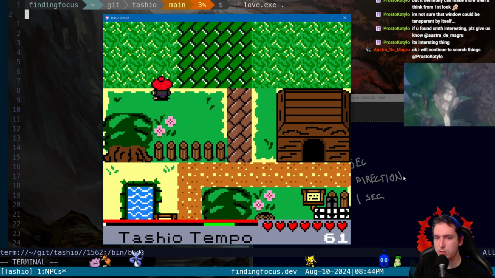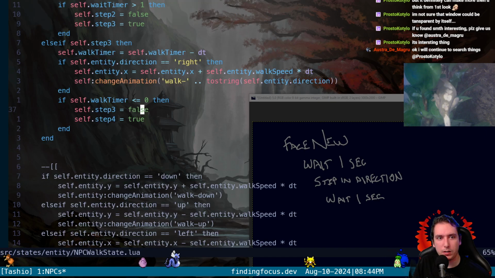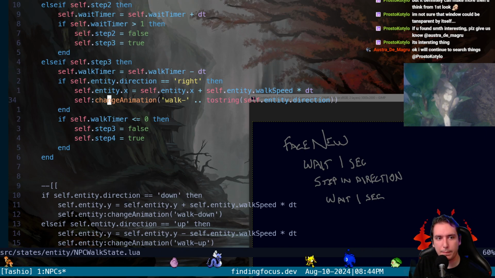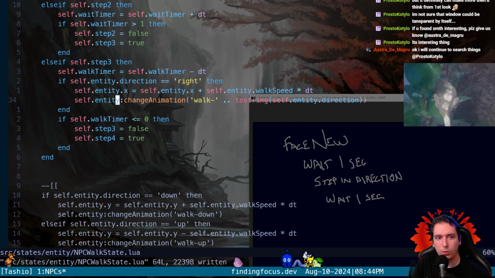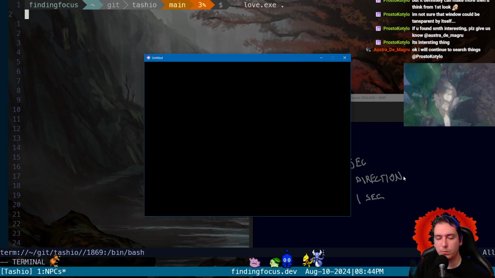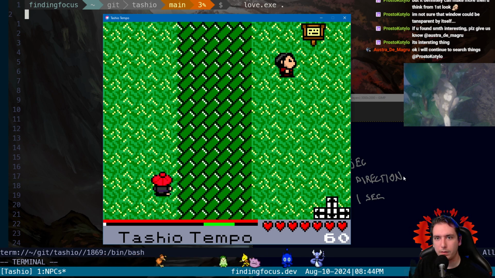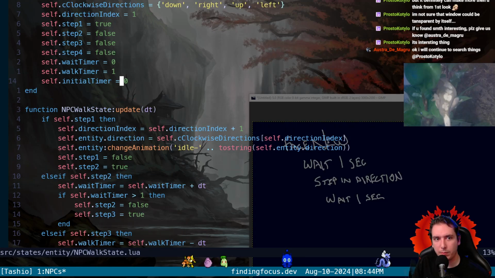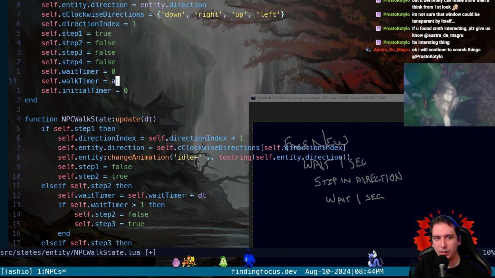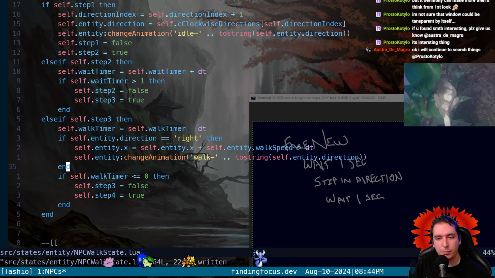So he should go turn, walk, change animation. It should be self.entity:change animation. That should work. Nice. Sweet. So I think we want the walk timer to be about 0.5. I don't want him walking a lot. I just want him a little bit. So we'll say 0.5, and then we will, at this point,